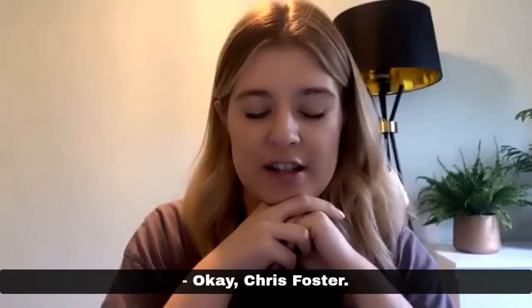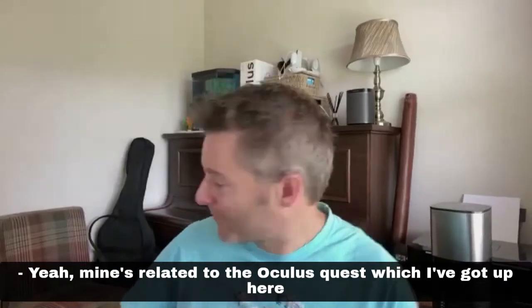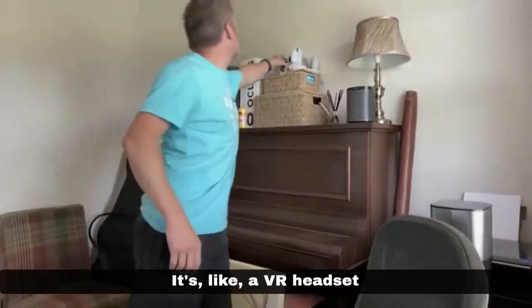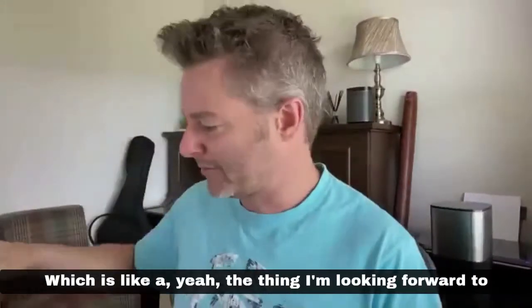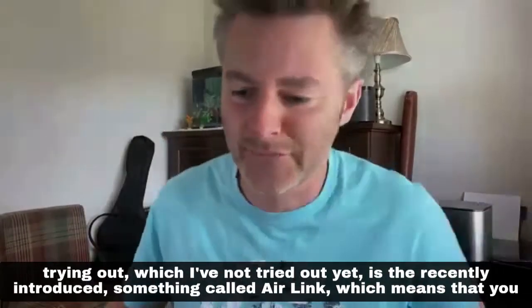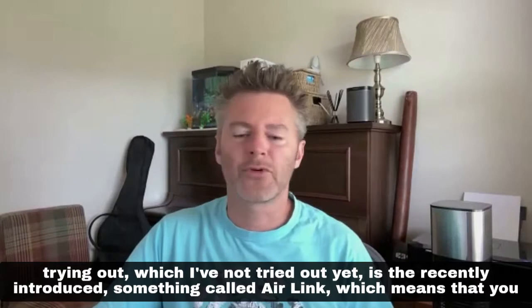Okay, Chris Foster. Yeah, mine's related to the Oculus Quest, which I've got up here, which Tech Deck kindly bought me. It's like a VR headset, but with these hand controllers. The thing I'm looking forward to trying out, which I've not tried out yet, is they've recently introduced something called AirLink,